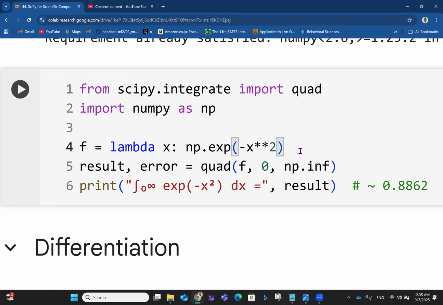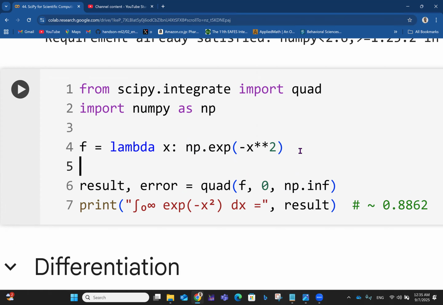So if you don't understand what this is about, you can check, I think, the 24th video in this series where we talked about Python functions. You can use Lambda functions to define some special functions that you need to quickly deal with. Okay. So what we want to do now is integrate e raised to the power minus x squared